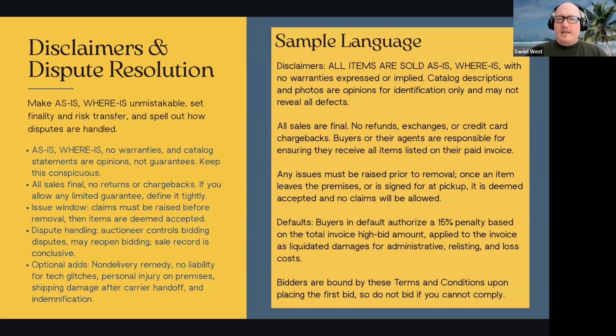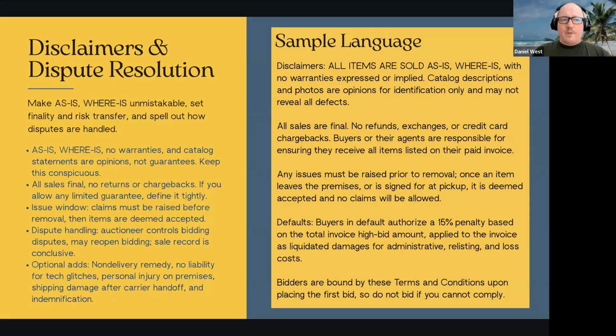The point is that if they have a complaint, you want to tell them ahead of time how you're going to resolve that dispute, what they need to do to have their dispute heard by you, and what you're going to do as a result of the dispute. You should always make sure that the dispute resolution process happens before the removal process. Basically, once the buyer takes possession, it's over. They don't have a claim, right? That's why the shipping thing is a little bit tricky, because if you're the shipper, it's not really over until it gets into their possession, is it?